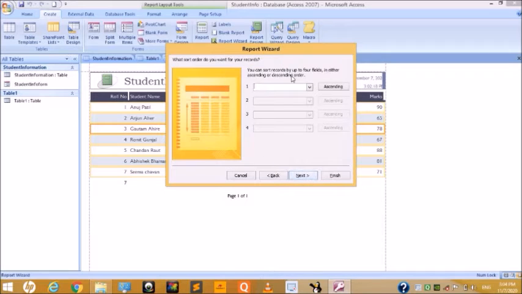Next, then you can sort the record by up to 4 fields, either in ascending or descending order. You can choose this in ascending order, descending order. This is your choice.